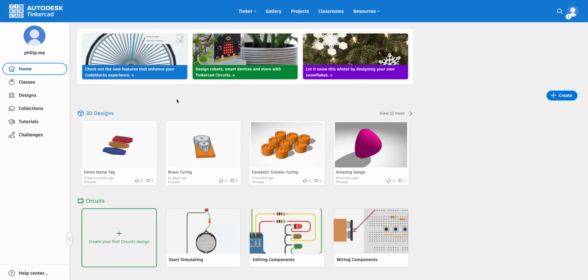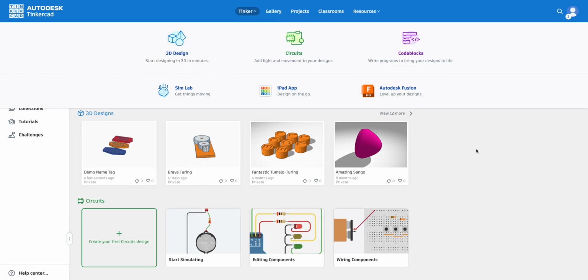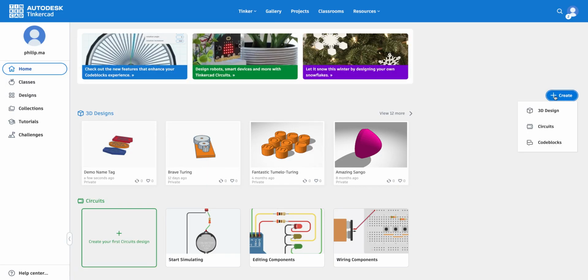So when you log into TinkerCad, you should get a window that looks like this. If not, if you click up here on the TinkerCad grid in the top left corner, it'll take you here. There's a couple different ways you can start your 3D design. You can go up here to Tinker and then click on 3D design, or you can click on create and